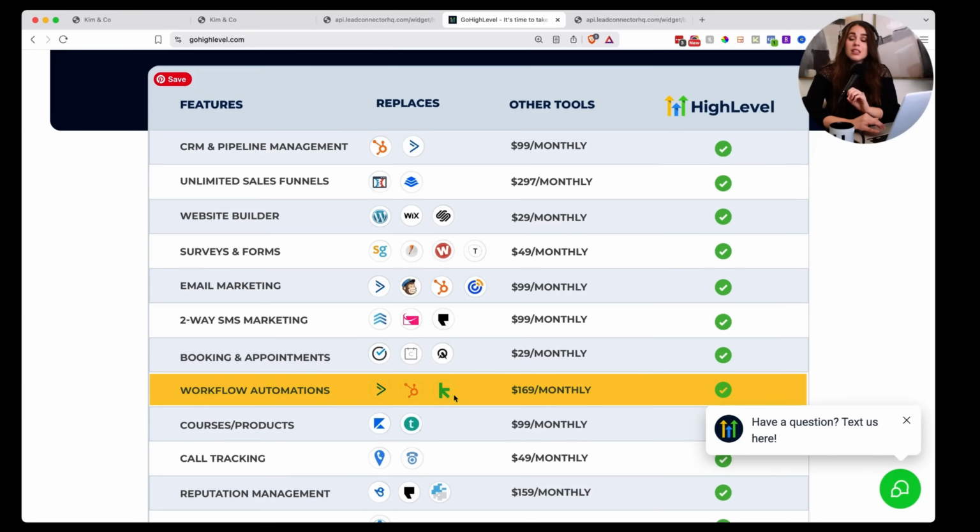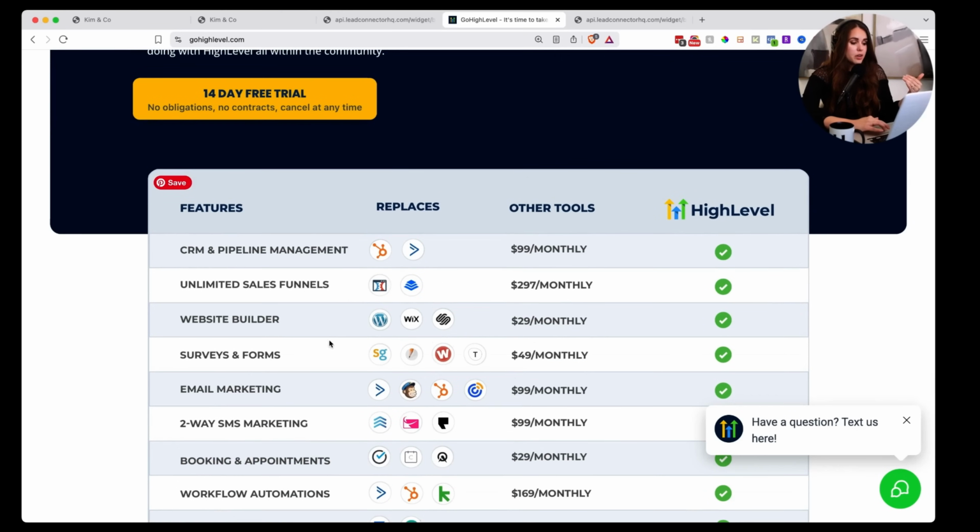ActiveCampaign or HubSpot or Keep. These tools are really expensive. We used Keep and it was not just a terrible experience, but the cost was absolutely incredible for the features that it had. And so I highly recommend, if automations are something that you are really into or that you see yourself being able to leverage, this right here would be the reason that I would choose a tool like High Level, because it gives you so many features at a very inexpensive cost,